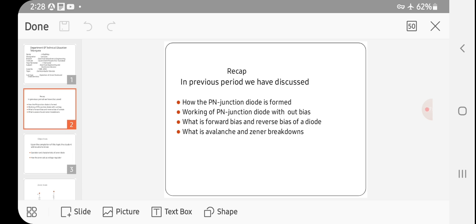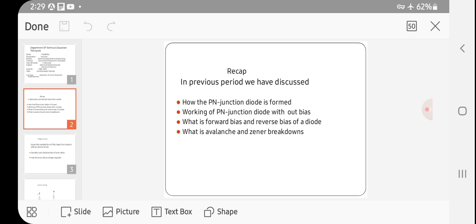I0 is found to double for every 10 degrees centigrade rise for germanium and for every 60 degrees rise in silicon. I0 is in the order of microamperes for germanium and nanoamperes for silicon. If reverse voltage is increased continuously, the kinetic energy of minority electrons may become high enough to knock out electrons from the semiconductor atom.